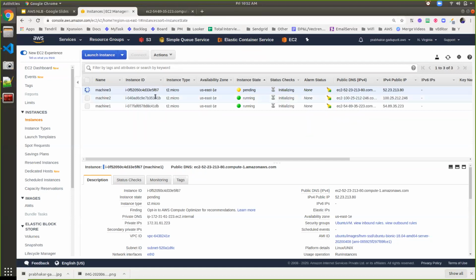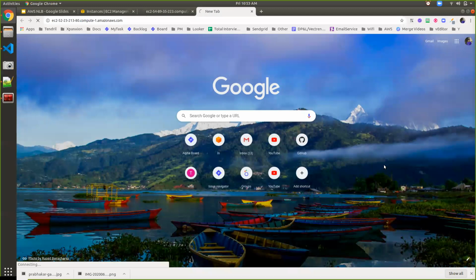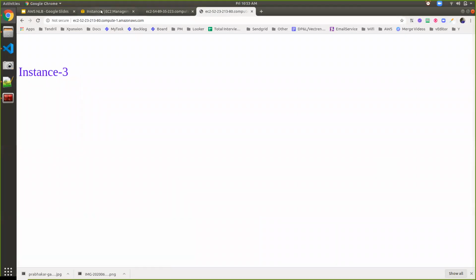So if you see, I have 3 machines, and on all 3 machines I have installed Apache and displayed a label called instance 1, 2, 3. Here if I go to machine 2, copy the public DNS and go to the browser, and then copy the public DNS of machine 3 and put it here, here is my instance 3.